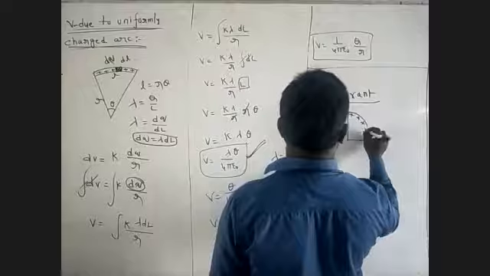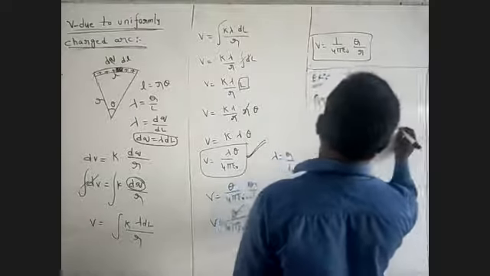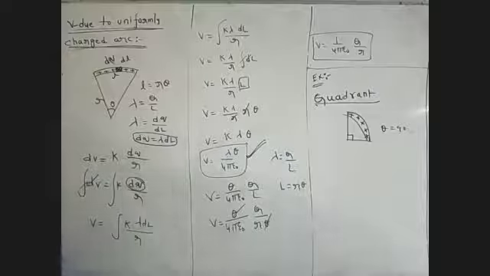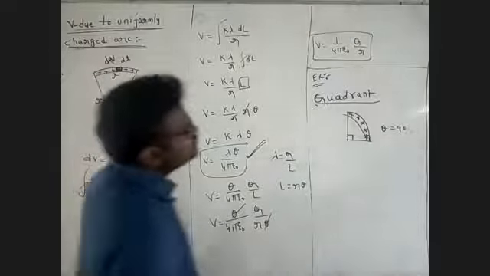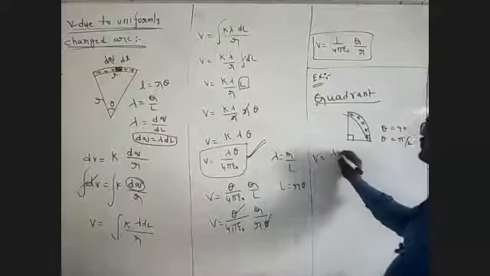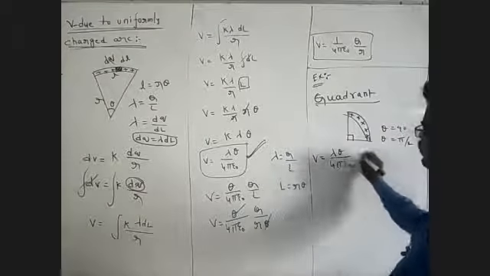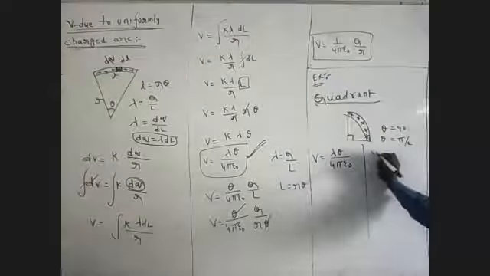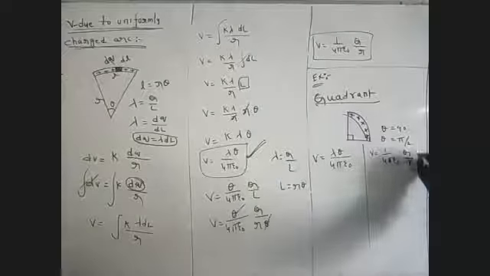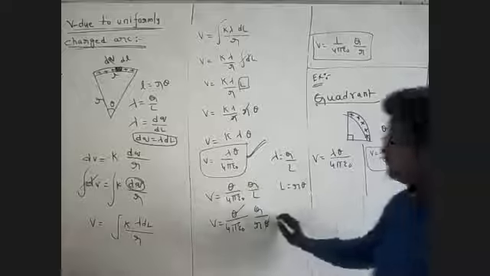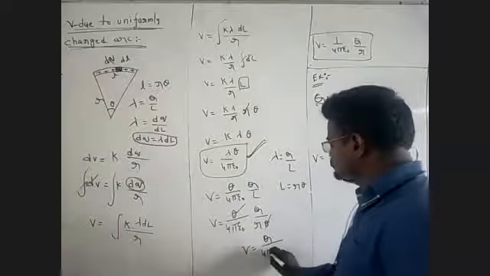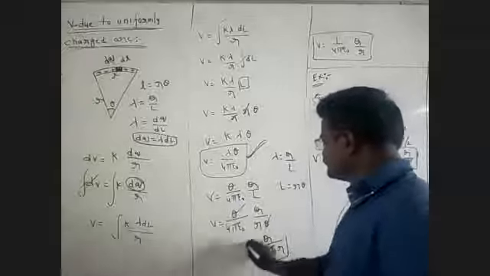The charge is positive. What is the angle? Theta is equal to 90 degrees, that is, theta is equal to pi by 2. We have two formulas. V is equal to lambda theta by 4 pi epsilon naught. One more formula: V is equal to 1 by 4 pi epsilon naught times Q by R. This is one formula we can use.